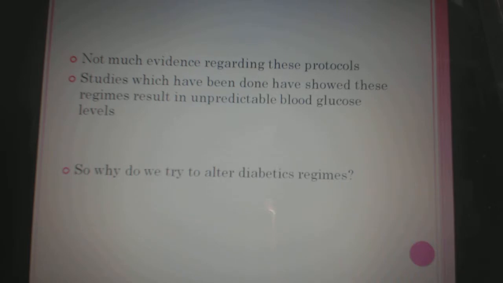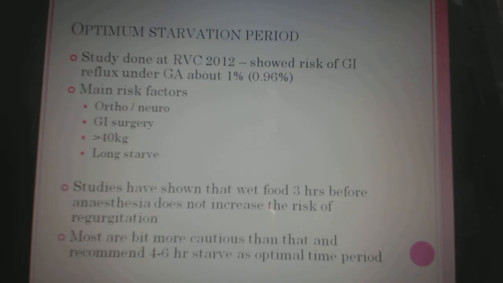So the real question is, why do we try and alter diabetic animal regimes? Why do we change what they're doing? And the normal answer is that we want to give them a 12-hour starve, which obviously influences how much insulin we can give. However, there was a recent study done at the Royal Veterinary College in about 2012, and it